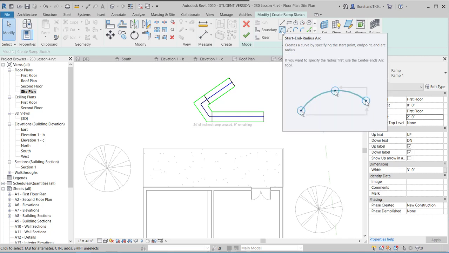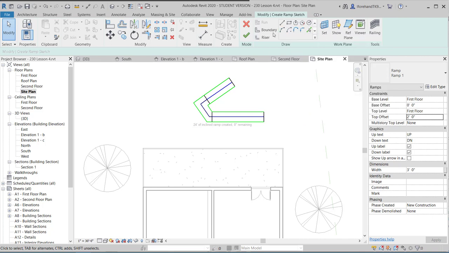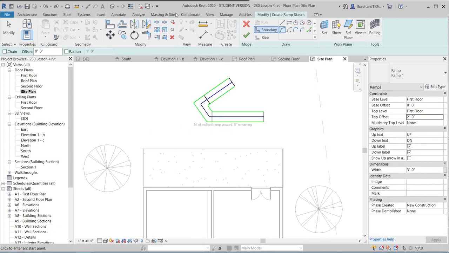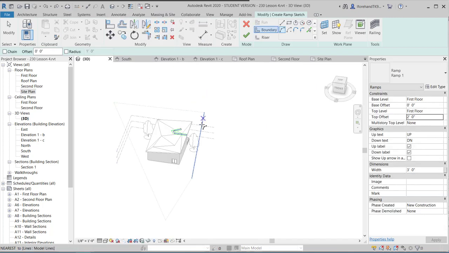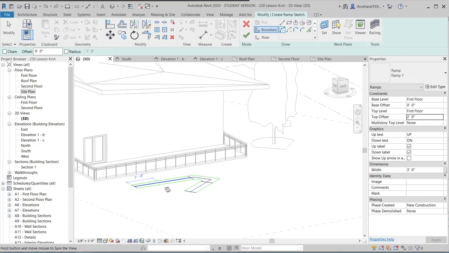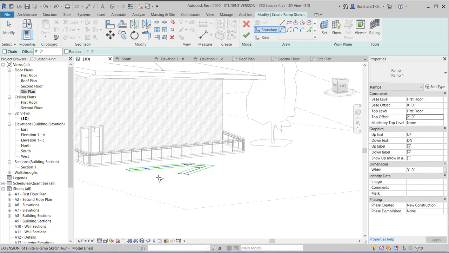I can go around and clean this up a little bit. It's not the best way to do that, but let's say this is the exact ramp we wanted. Interestingly, you can look at it here, and that is what it is, but it's actually still flat. Not until you click this check will you have any idea really what's going on. So click check,